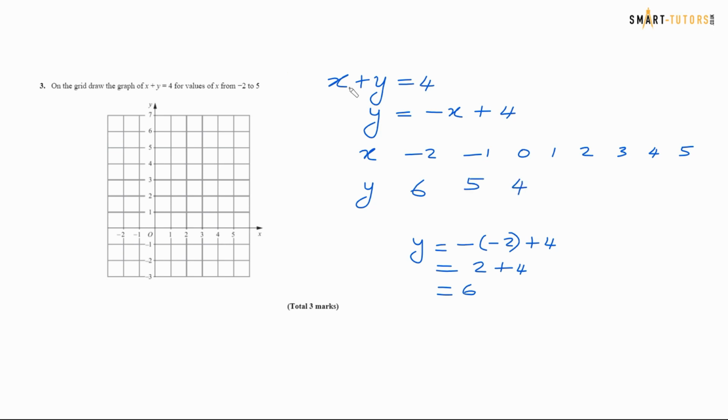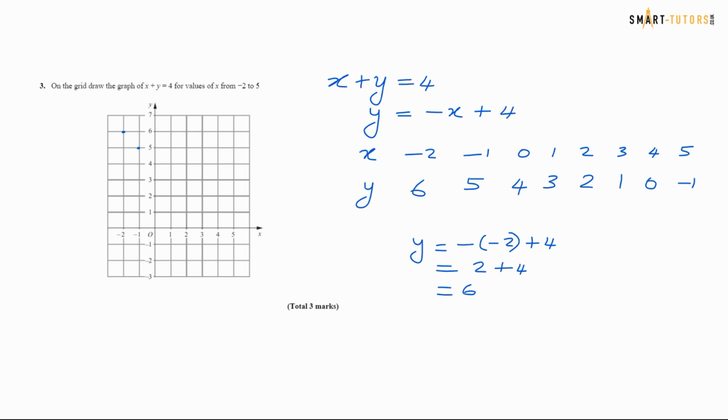Then for 1, minus 1 plus 4 is 3, and then 2, 1, 0, and finally -1. So if I plot these points on the graph, (-2, 6) is the first point, then (-1, 5),